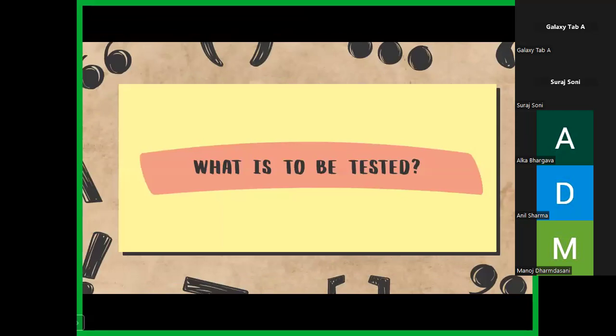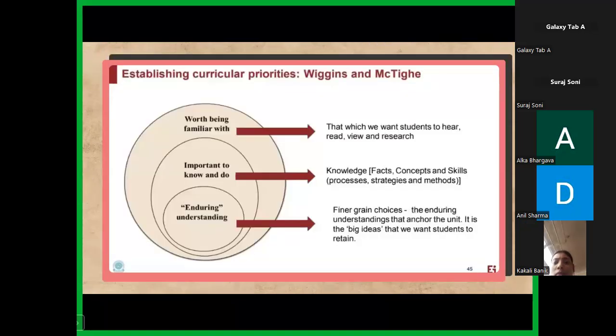Okay. The next important thing is what is to be tested, because the syllabus is too vast. And in social science, the main problem is every word, every line can be tested. There can be, I would say, almost 500 questions you can prepare from a chapter. So when you can prepare 500 questions from a chapter, it's a difficult task for the teacher to decide what should be tested. When you're teaching, there is so much. Every time you feel like going into the detail, but when you have to evaluate, when you have to assess, we have to narrow down our zone. We have to come to those important things and understand what we need to pick up.